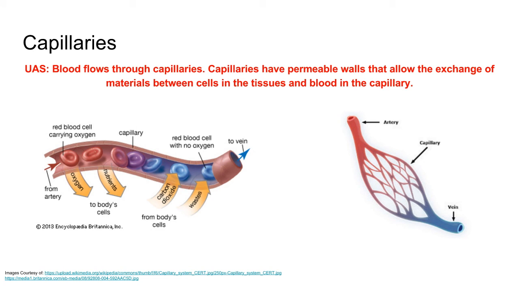Second off, we do have capillaries. The understanding is that blood flows through capillaries. Capillaries have permeable walls that allow for the exchange of materials between cells and the tissues and blood in the capillary. Blood enters a capillary bed through an arteriole, which is the smallest of the arteries, and then the blood